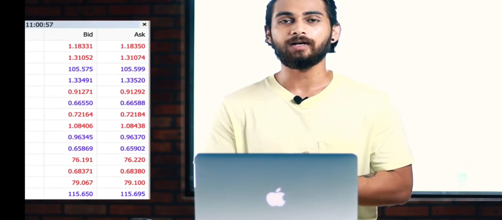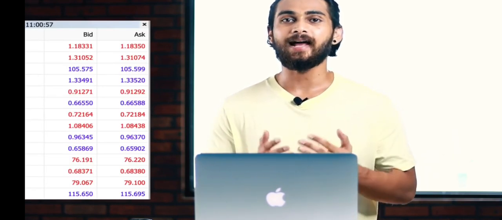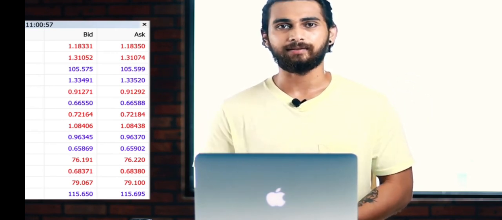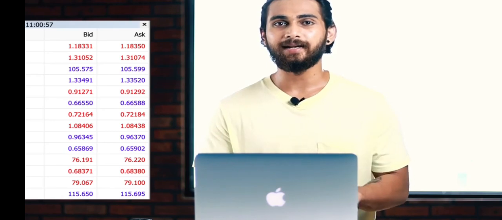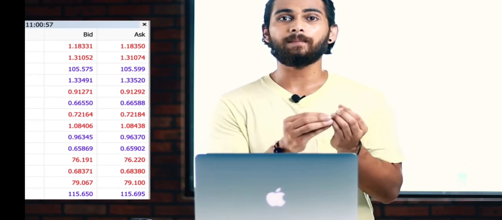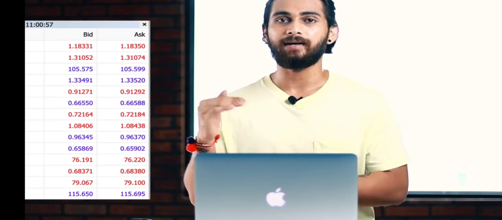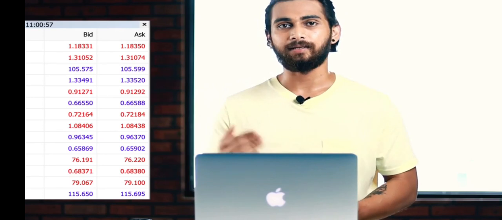To sum up, in the bid rate, the broker sells his base currency and buys a variable currency. So the bid rate is the price at which the broker sells his base currency. This rate is lower than the asking rate and is quoted on the left hand side. In the asking rate, the broker buys a base currency and sells a variable currency. So the asking rate is the price at which the broker buys his base currency, and this rate is always higher than the bid rate and quoted on the right hand side.